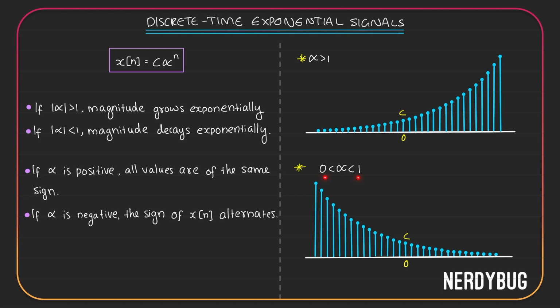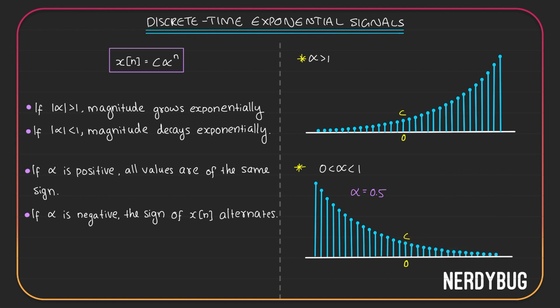It is between 0 and 1. Obviously, at 0, again we'll get C alpha raised to 0, just C. Let's see what happens over here. When t is equal to 1, before that we have to take an example. Let's say alpha is 0.5. So at t equal to 1, we get C times 0.5 to the power 1. Then we get C times 0.5 to the power 2. Now this is C by 2. This is C by 4. Obviously the next one I'm going to get is C by 8. That means it is going to decrease exponentially over here.